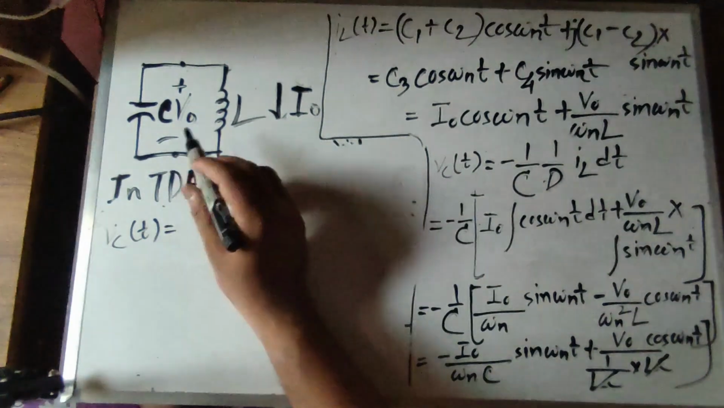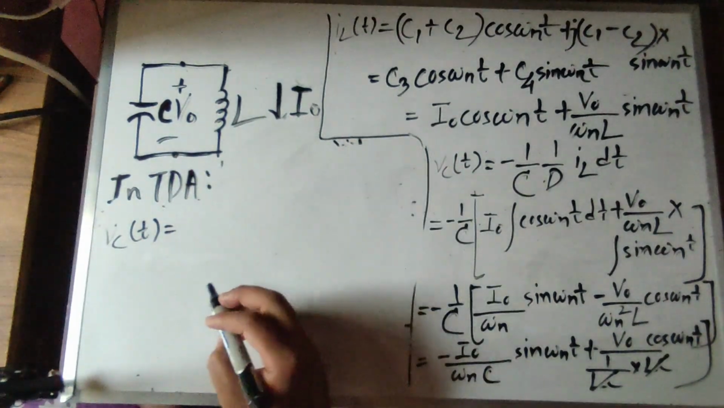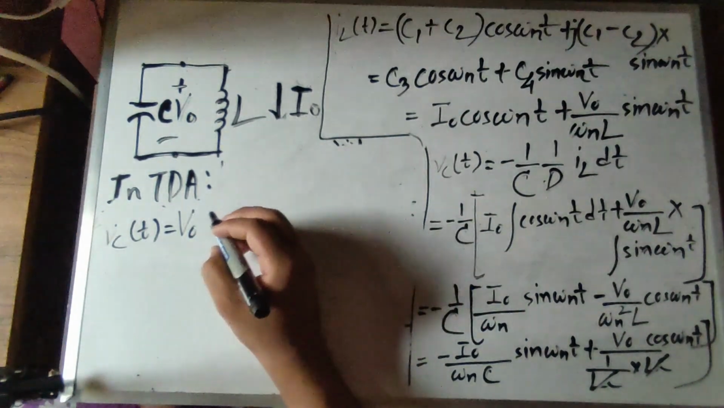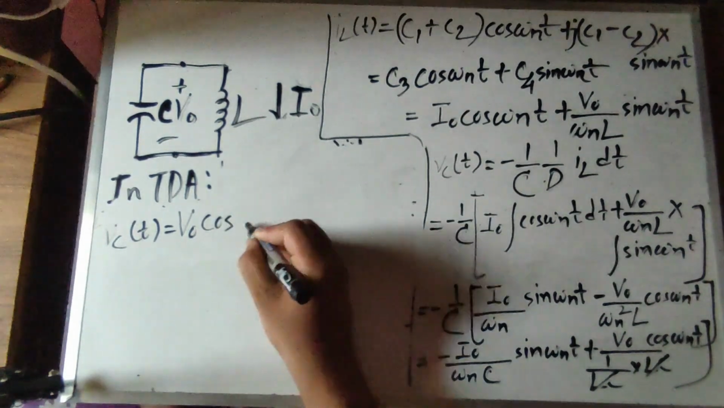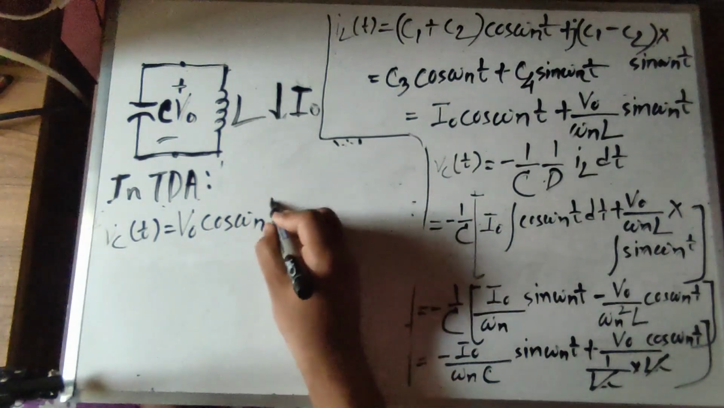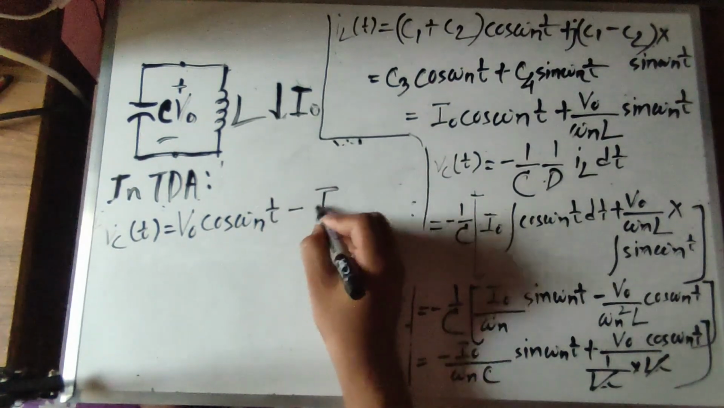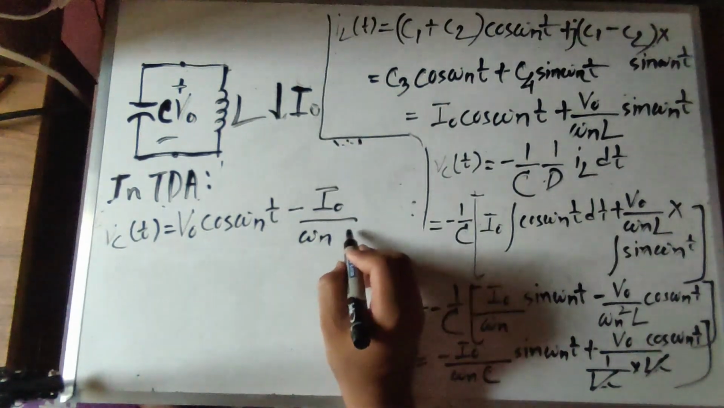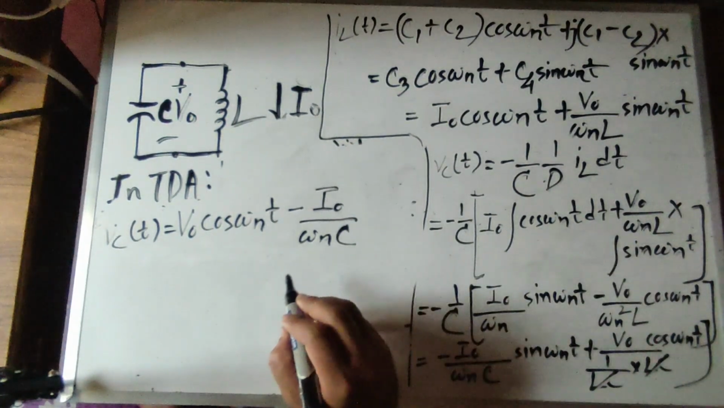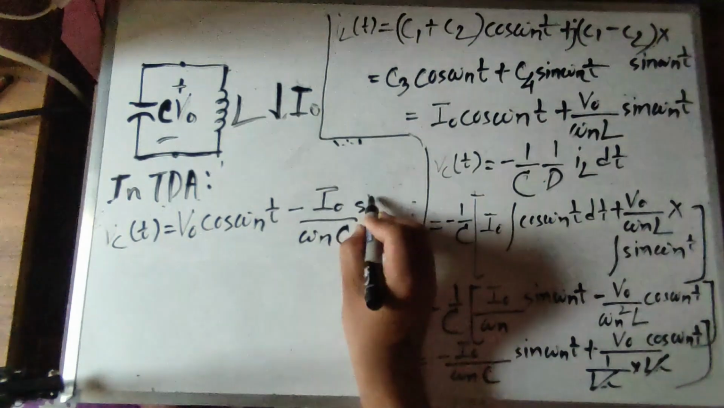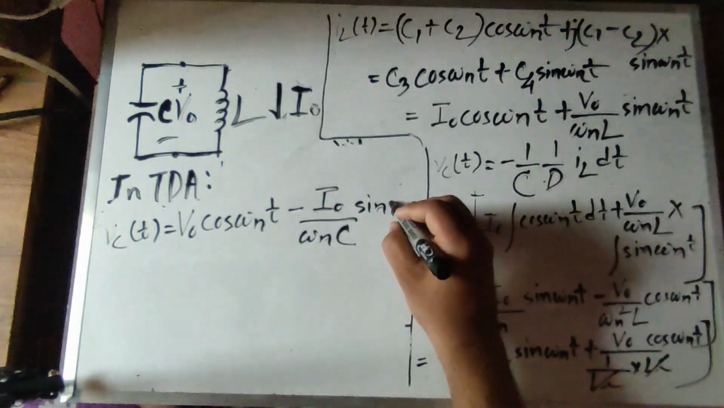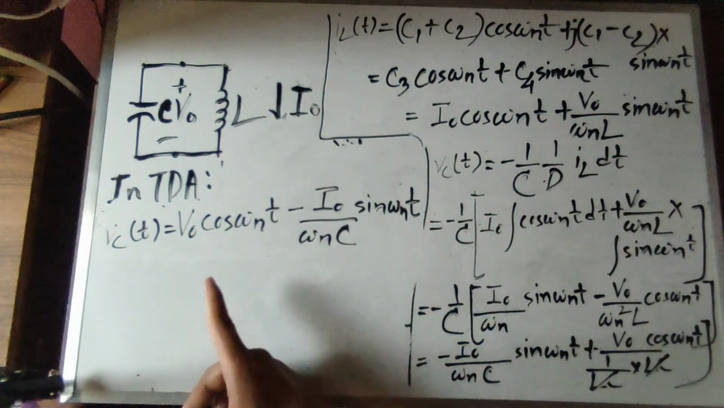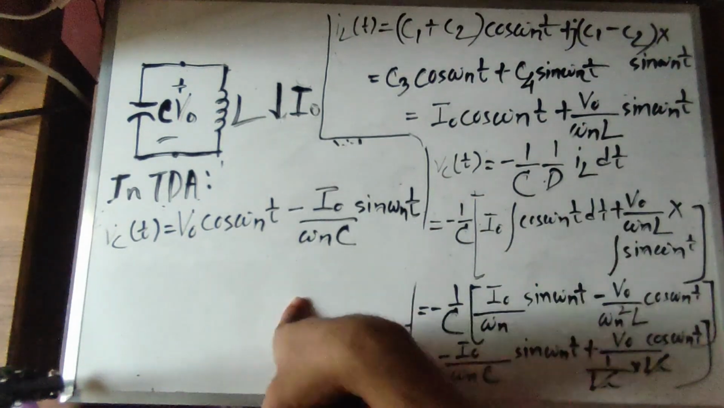The voltage response of the LC circuit has the value V0, the initial voltage across the capacitor, cos omega n t, minus initial current I0 by omega n, the natural undamped frequency, C capacitance, sine omega n t. The response is both current and voltage. Okay,